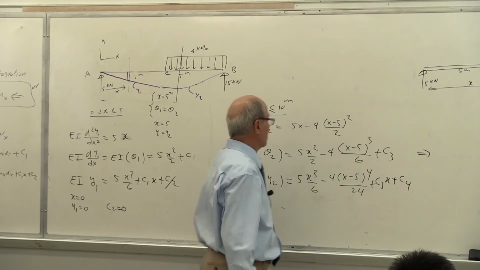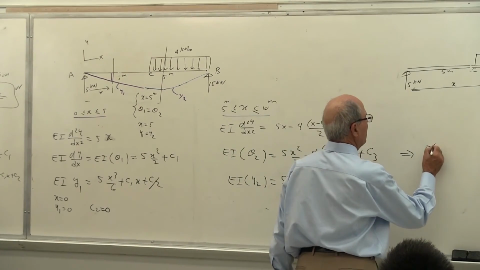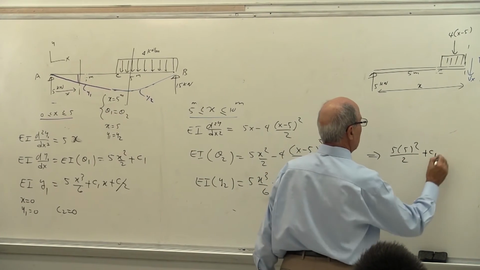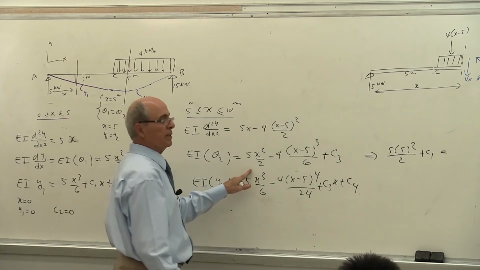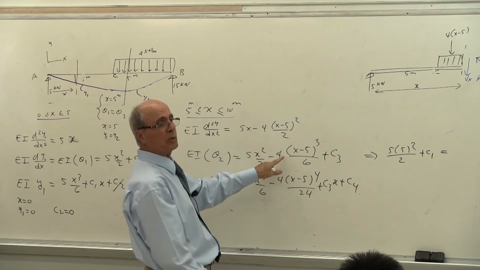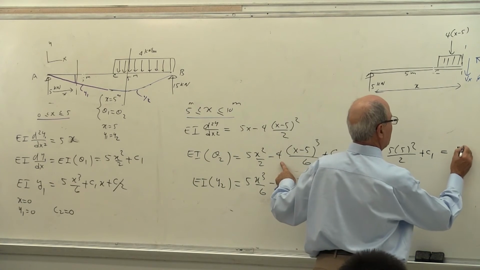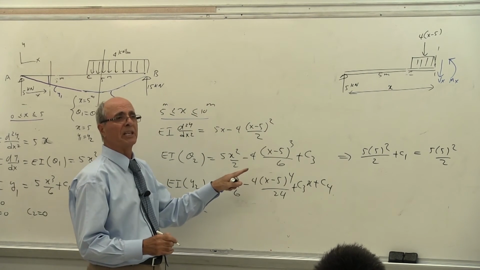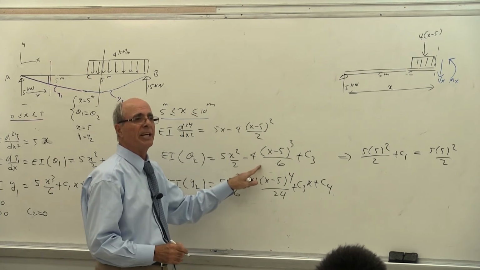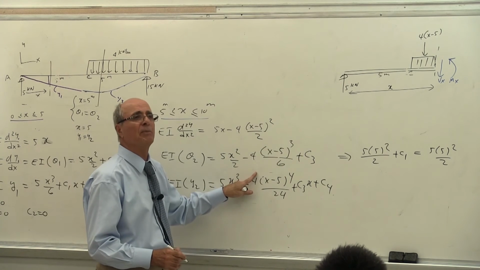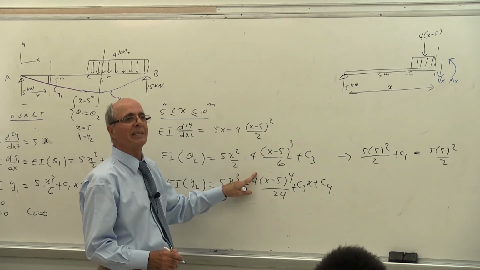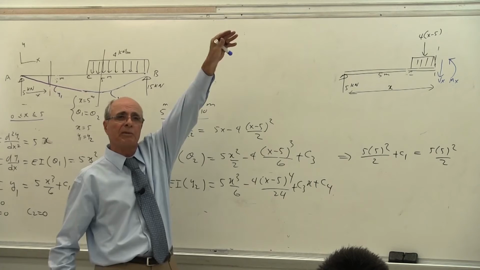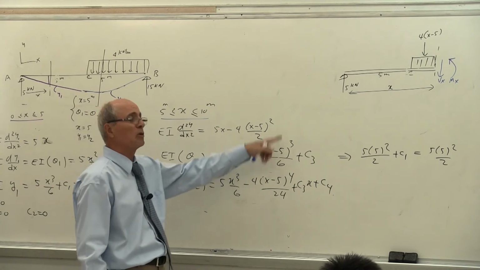So in the first one, you get 5 times 5 to the power of 2 divided by 2 plus C1 equal to this one. You get what? This is theta 2. Yes or no? So you get 5 times 5 to the power of 2 over 2. Now, this is the beauty of why I said I do not expand. When you expand this, you lose this one. Here at x equal to 5, the whole thing becomes equal to 0. Everybody understand that? Never, ever write it expanded. If you expand, you have to write 3 pages of math. Everybody understand? Because this goes to the power of 3.